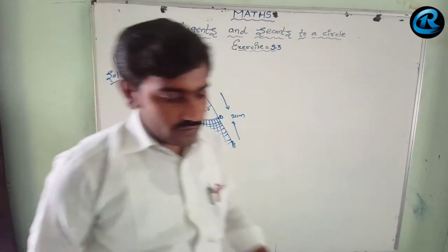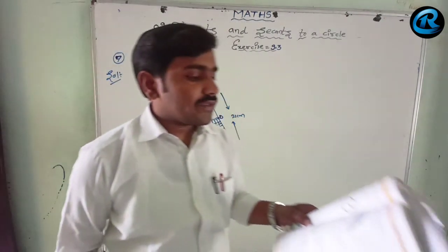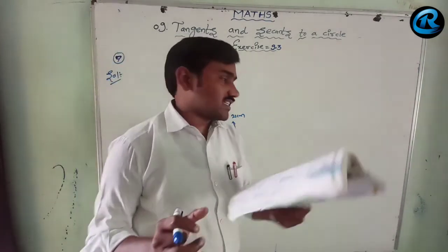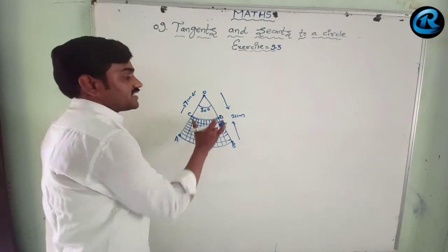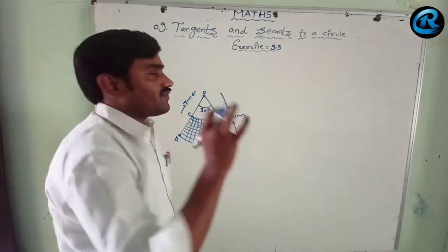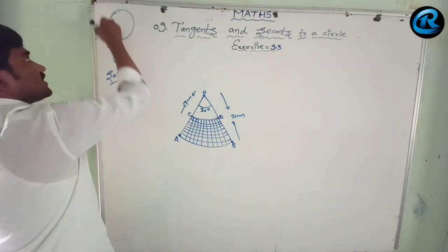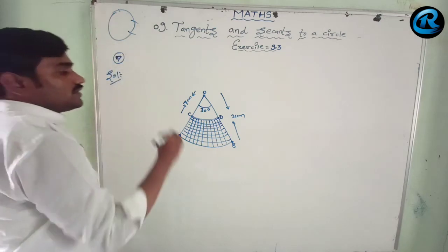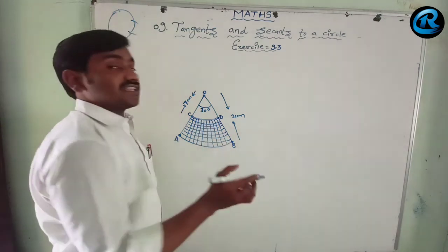Here I have drawn the figure of the 7th one. See that AB and CD are respectively arcs. ఈ AB and CD అనేవి arcs. Arc అంటే ఏంటి యాక్చువల్గా a part on the circumference of the circle. ఒక circumference of circle పైన ఒక చిన్న పార్ట్ ఇదాన్ని ఆర్క్ అంటాం. Okay, so this AB and CD are the arcs.